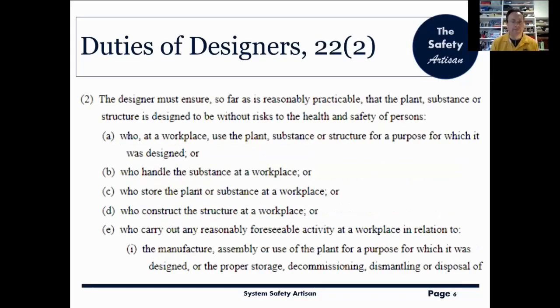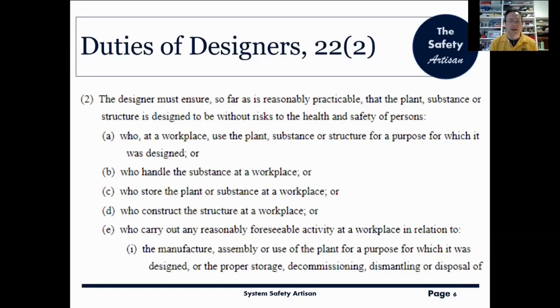Now, carrying on from that, we get a bit more detail. So the designer has got to ensure, so far as is reasonably practicable, that the plant, substance, or structure is designed to be without risks.